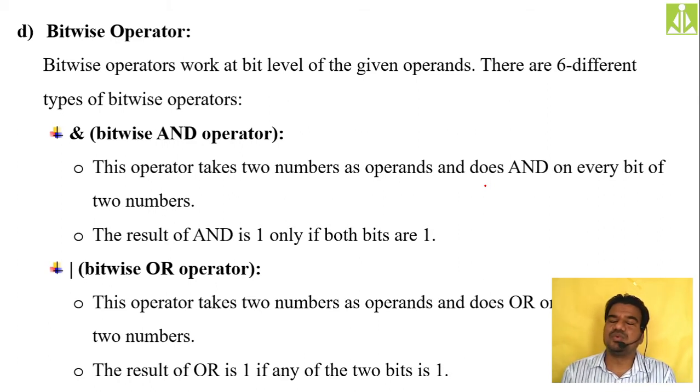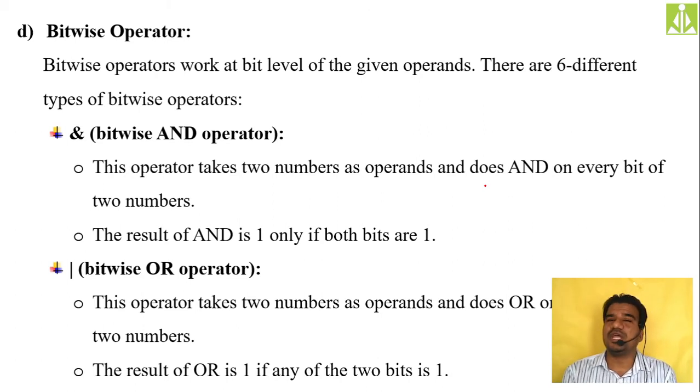As you people are aware, because we discussed this many times, your computer will understand only machine language instructions, the instructions which are coded just using zeros and ones, isn't it? Your computer will understand only if the instructions are coded just using zeros and ones. That is nothing but the binary language, that is nothing but the machine language. So these bitwise operators also operate at the bit level of the given operand.